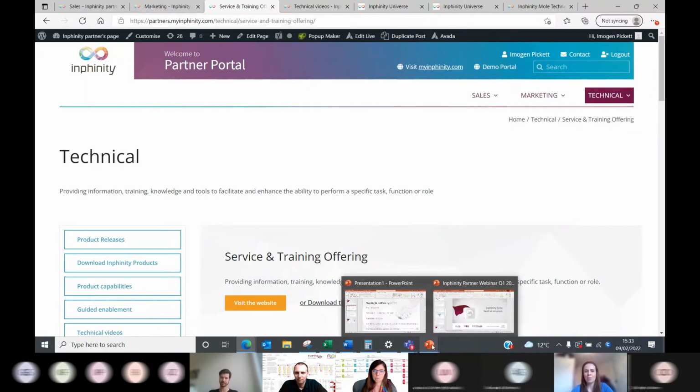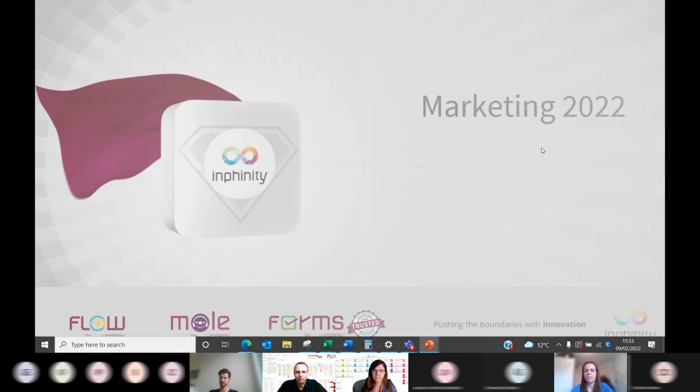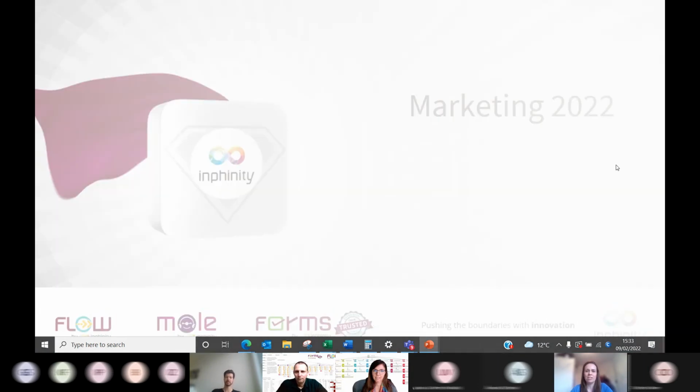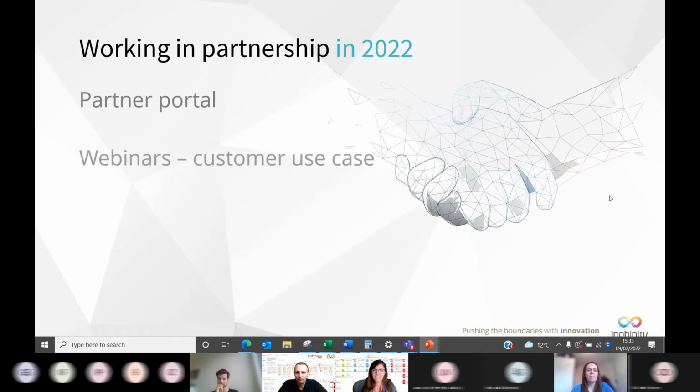So that's where we are currently with our partner portal, and we're really pleased to be able to bring that to you. I think it will be a really, really useful resource in the future, and something that's going to grow into something really, really quite special, and a place where we can build a community for our partners as well. Okay, so I've done partner portal. Any questions, please just obviously let me know.